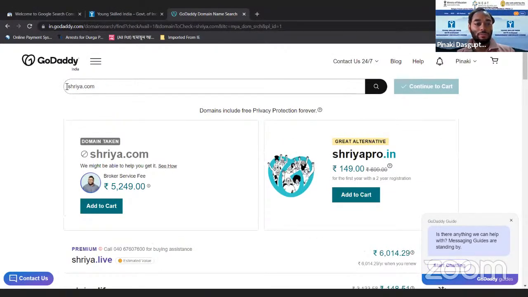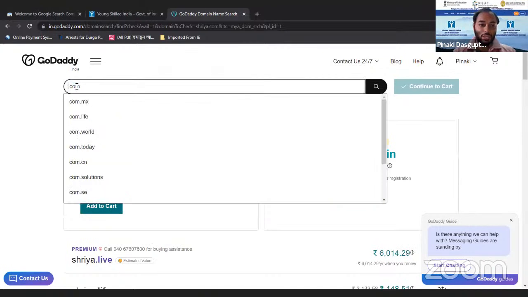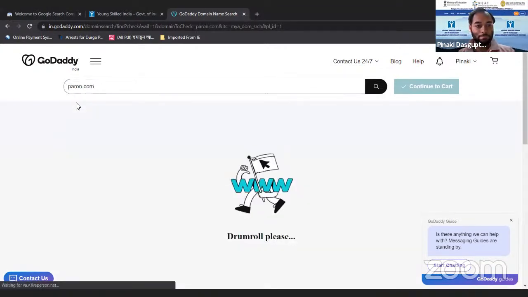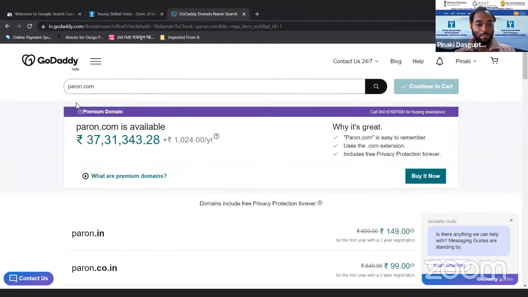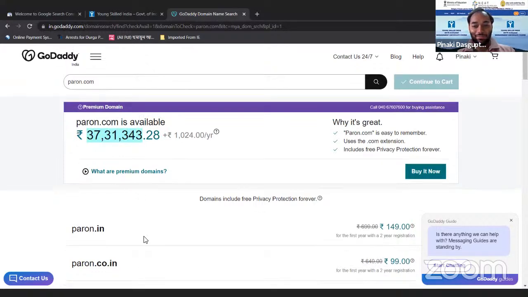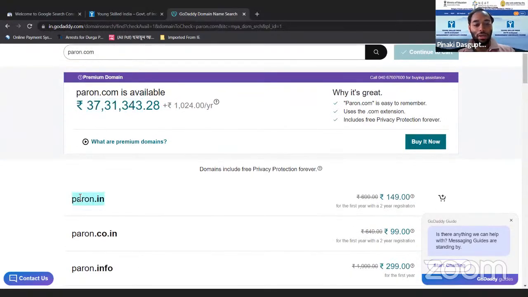Let me check whether there is any website in the name of Paran. So this is the costing of this particular website. But there is also Paran.in, which is available at a cost of 149.